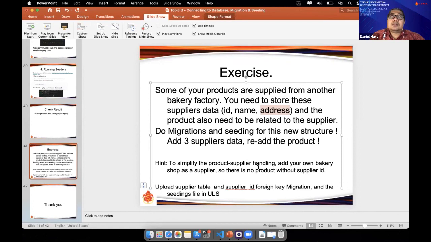If you have your own product, you just make the supplier data as your own bakery. So, for example, the first supplier is our own bakery shop, like this one. Okay, just create. Maybe you have to create two migrations again, one for the supplier and one for the relation between supplier and product.